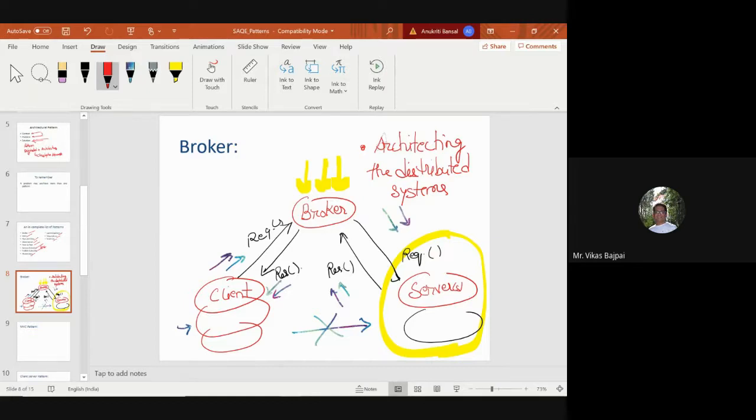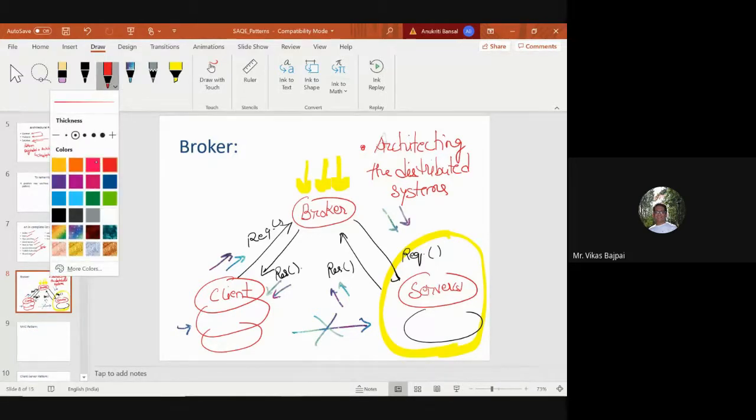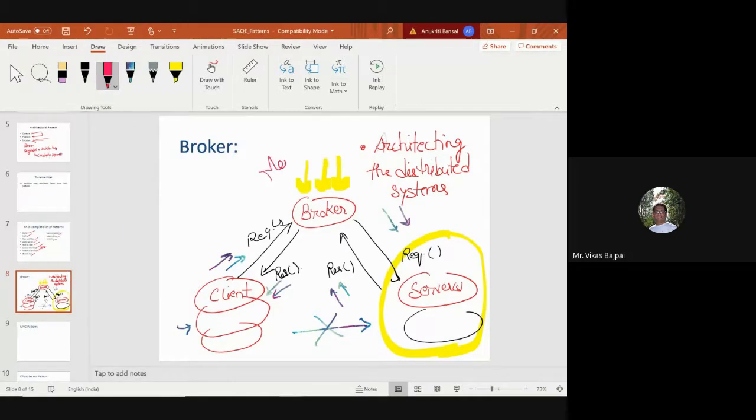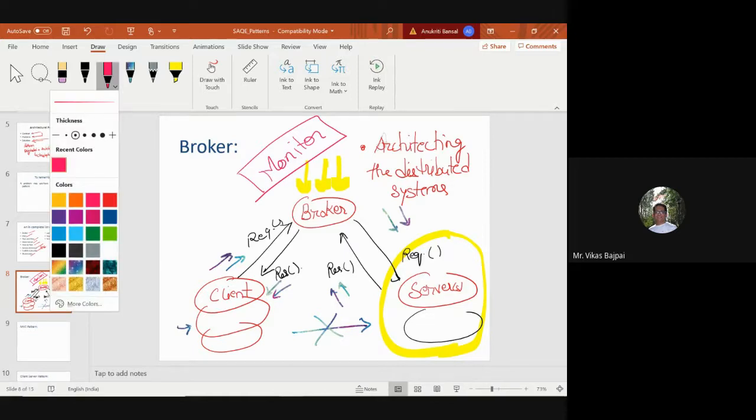Okay, fine. So let me address the question first. If I have a fear that my broker gets compromised, in that case, the tactic I can use is to introduce the same concept which we have learned recently. Monitor. Let's introduce a monitor as well. That would help us in dealing with this kind of problem. Now, Shivam, your point is correct. Shavi, your point is also very correct.